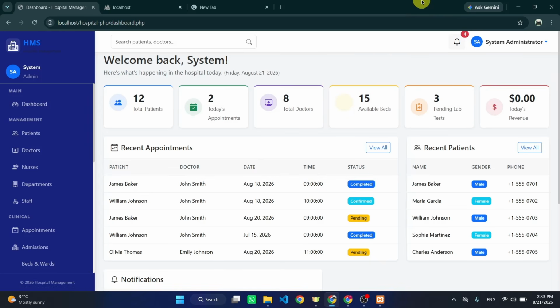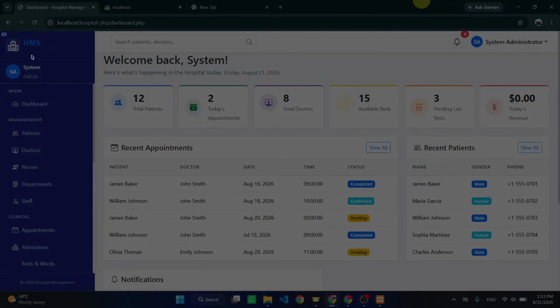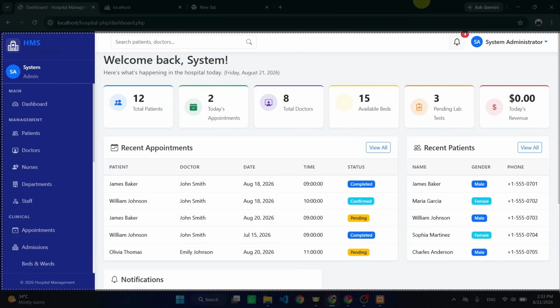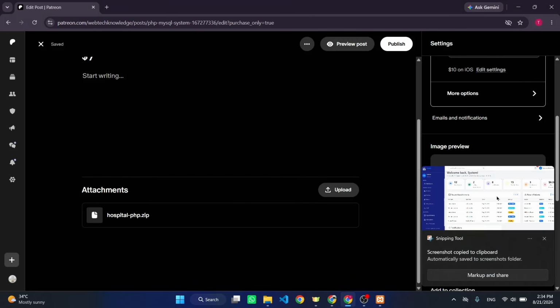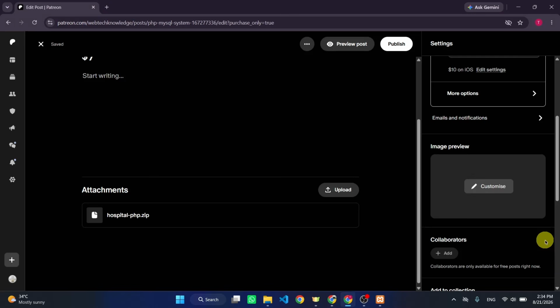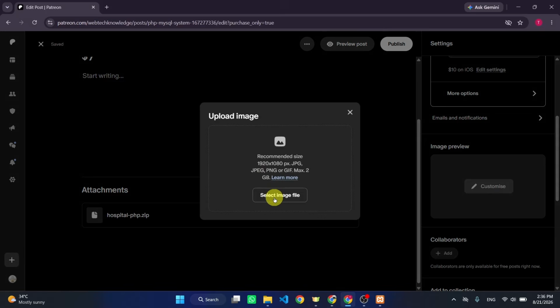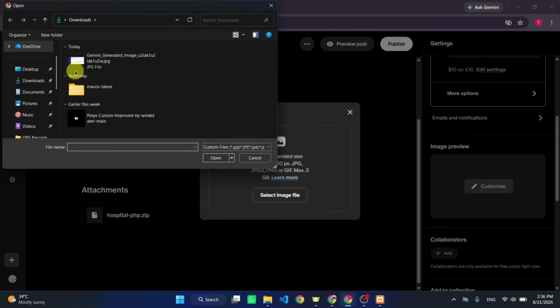I want to take a screenshot of this, so I will press Windows plus Shift plus S on the keyboard for the snipping tool, and from here I'm going to drag and select an area, and this area will be captured. You can see. Now we'll go back here, and you can edit the image. You can go to canva.com and make a good thumbnail, or maybe you can take help from AI. So click here customize, select the image, and rename the image as hospital management